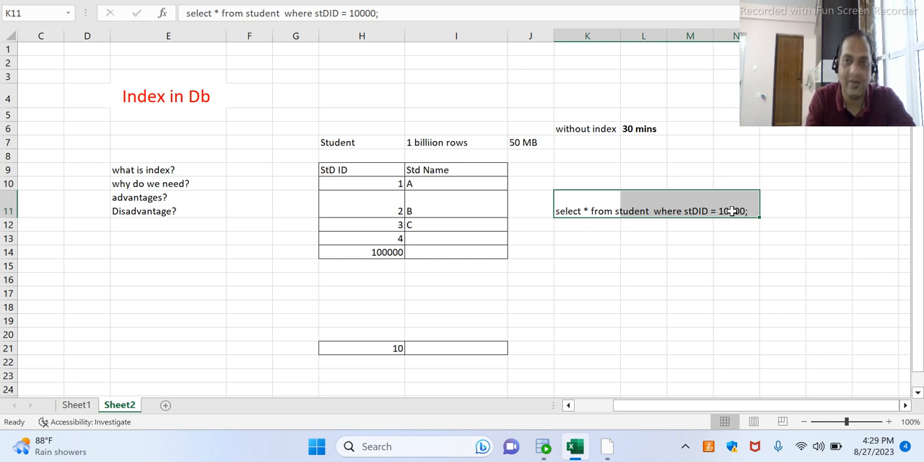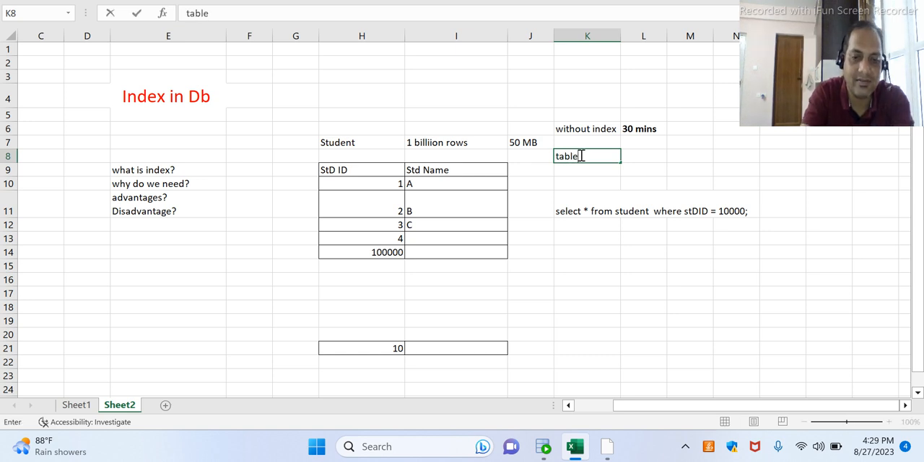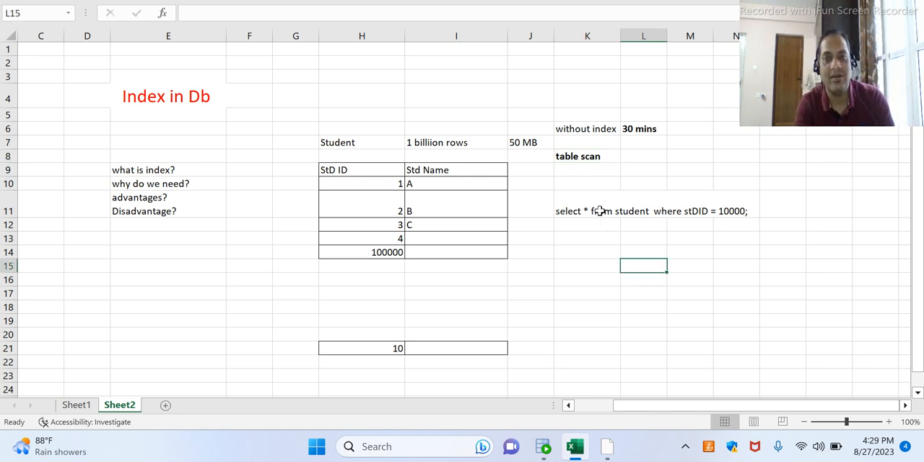We will see how, but you now understand this is also called, guys, a table scan. Table scan means it will scan one by one, all the rows, until it finds the result, right? So this is not efficient at all. So what we have to do now,